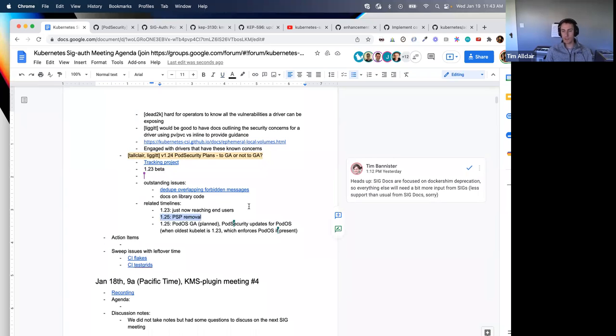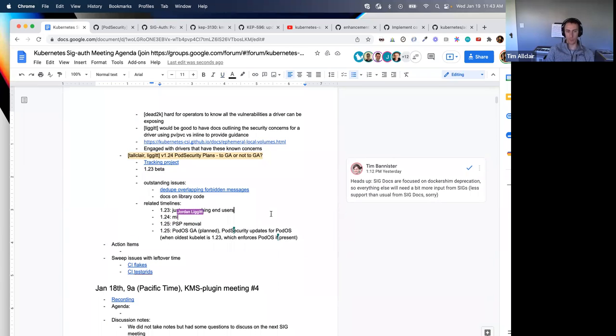That means that users will need to migrate their clusters off of PSP in 1.24, or by 1.24, so in other words, before they upgrade to 1.25. So it would be really nice if pod security was GA, so they could migrate from pod security policy to a GA feature.